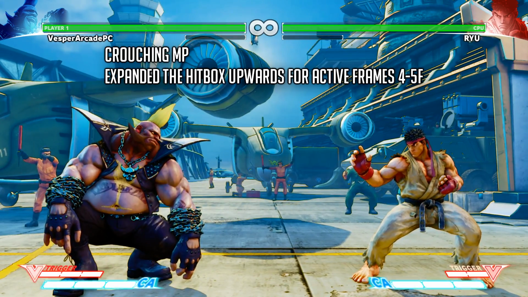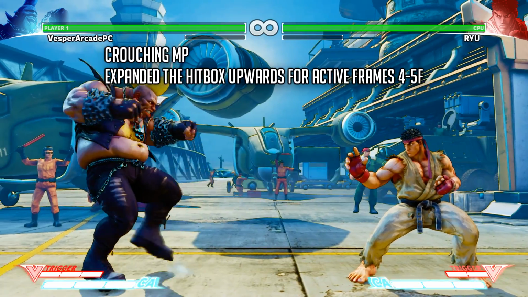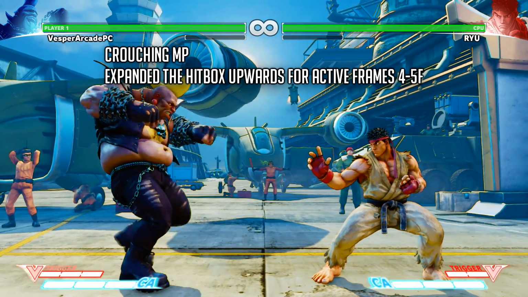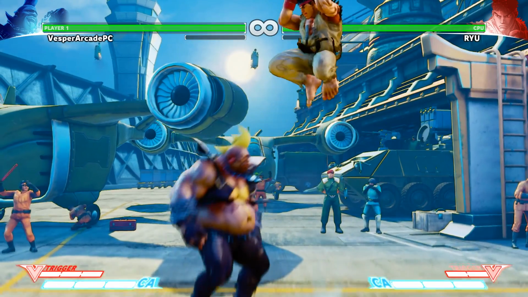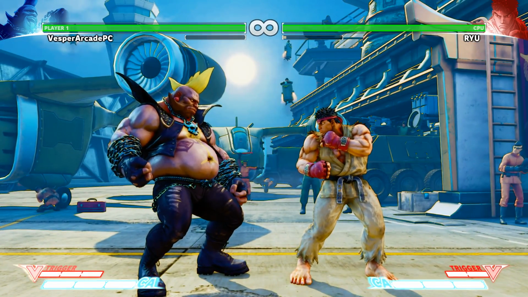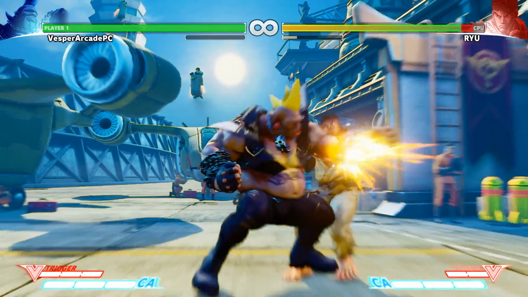Now on top of this, Capcom made it knock the opponent further back in the air in Season 2 as well, so Birdie players had, I would say, a tougher time to mix up the opponent with follow-ups afterwards. For example, if I got Ryu to jump in on me and hit him with a crouching medium punch, he gets knocked back a lot further than Season 1, so he's kind of standing here. I wouldn't be able to do something like a standing medium punch and confirm that afterwards,